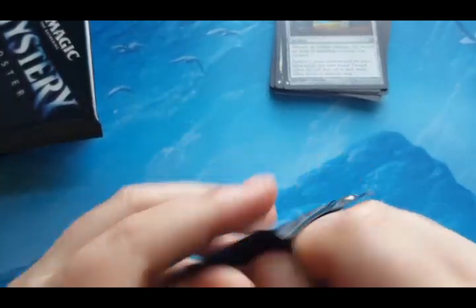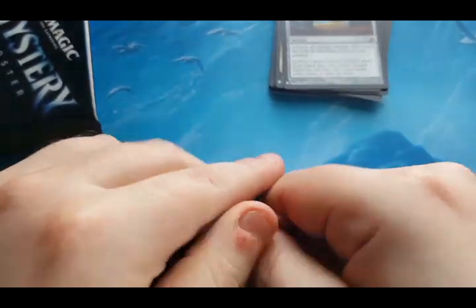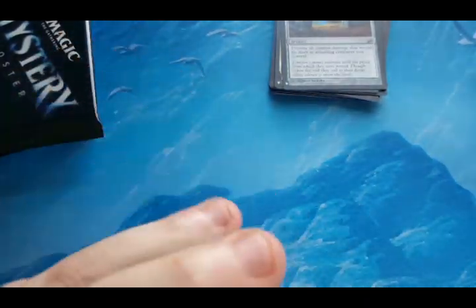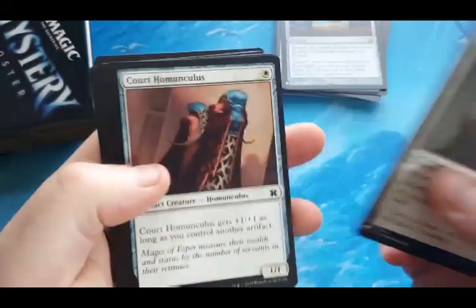Next, I don't know if I'm going to get much more out of this because, I mean, Teferi's Protection and a Mana Crypt in the first third of the box. A couple good foils to go with it. Who knows? So,